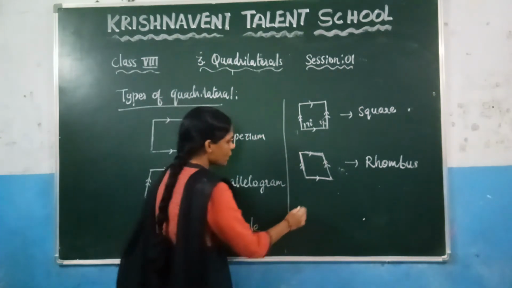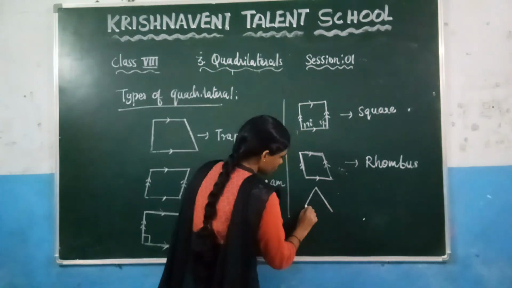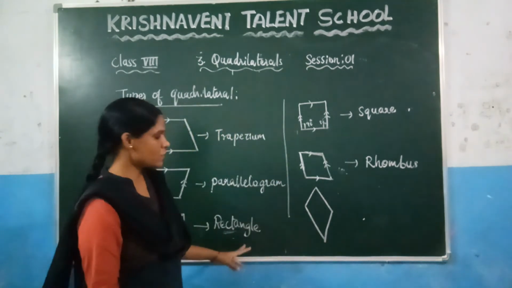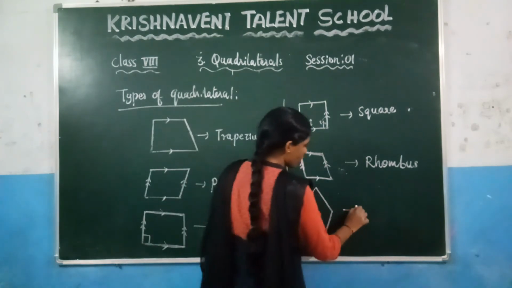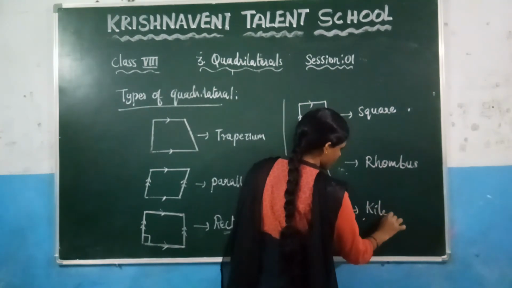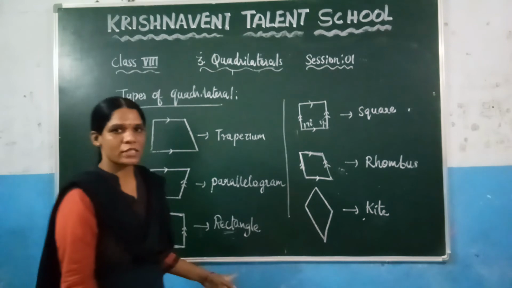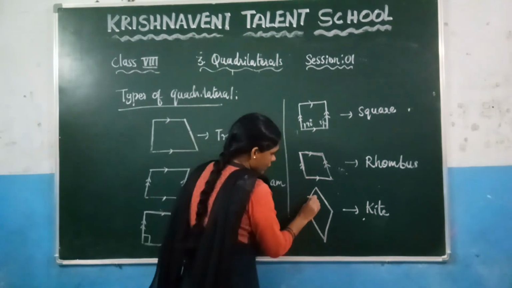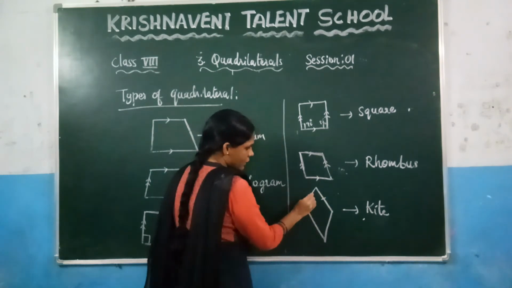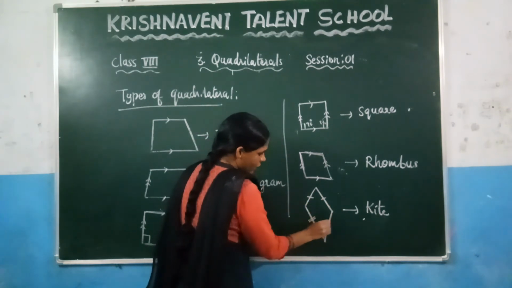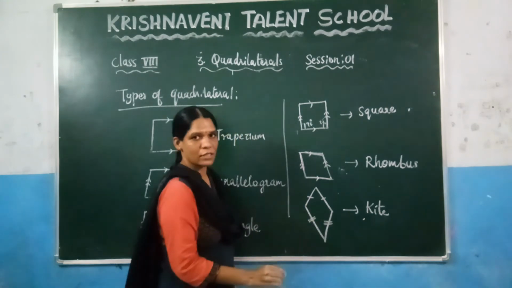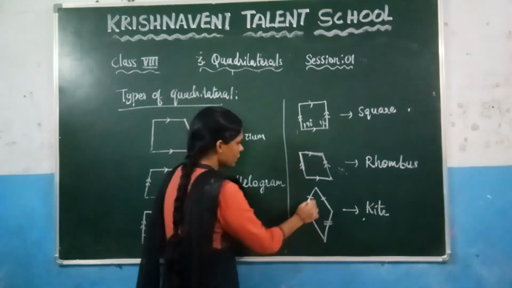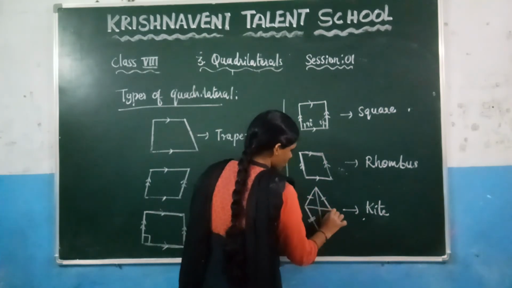And the last one, which is here, this one. What is this one here? It is also a special type of quadrilateral. This one we call a parallelogram. And what is the property of this one here? You can observe that the opposite sides are equal here, this side is equal to this side, and similarly this side is equal to this side. And such a type of quadrilateral we call a parallelogram. So this is about the types of quadrilaterals.